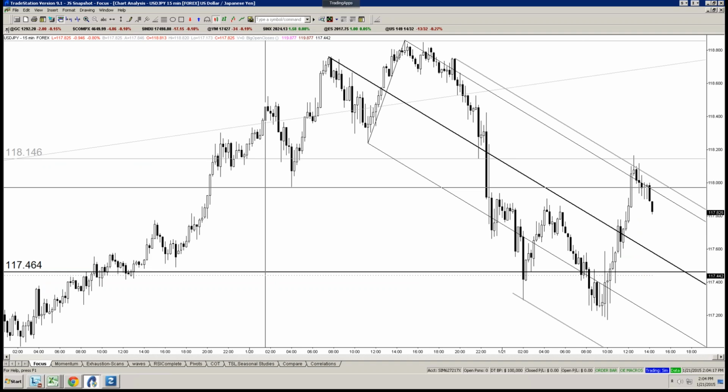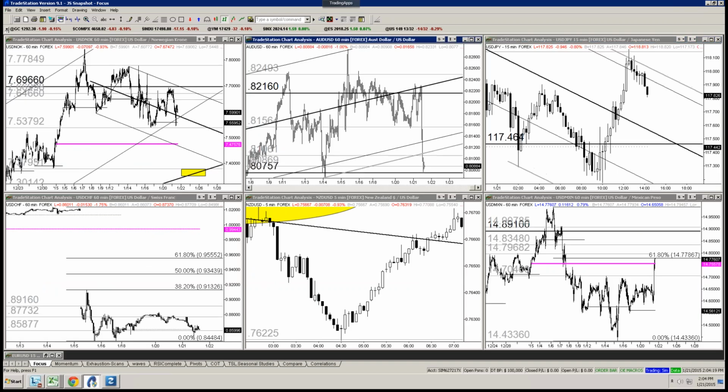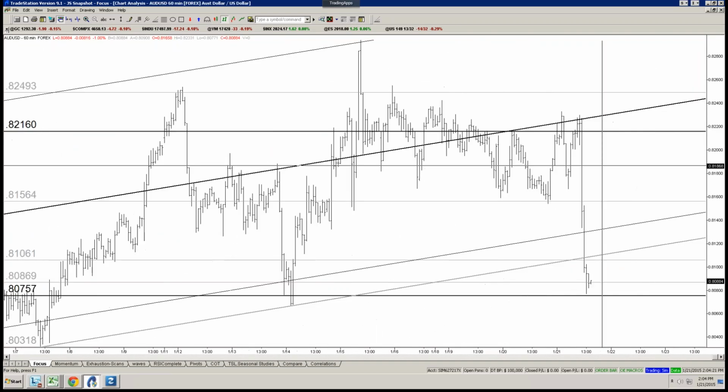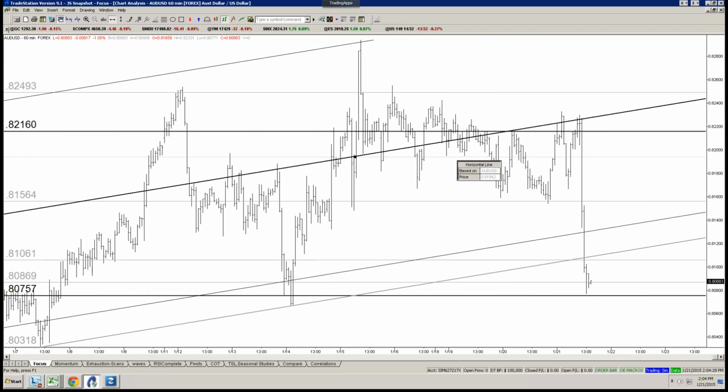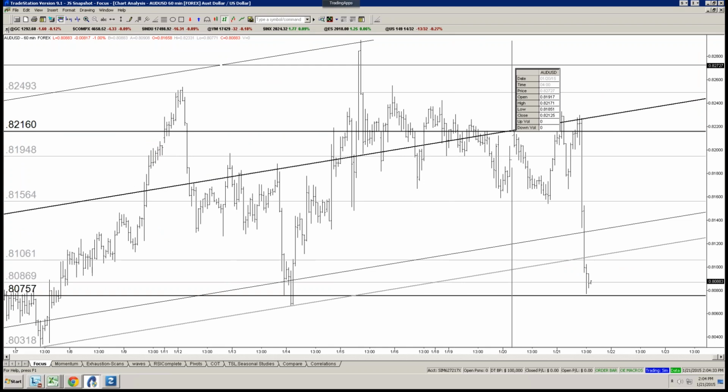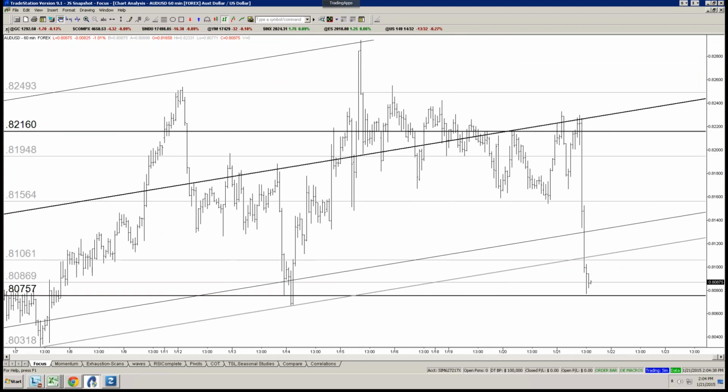Sometimes I'll obviously put in the orders. The reason for the Aussie trade last night when I put in at 81.90 is there was just a lot of stuff at 81.90. We had all these former lows, former highs, and we had the Tuesday high up here at 82.17. This decline to me was just a sloppy mess, so I didn't have a whole lot to work on, and I didn't want to risk above Tuesday's high, right?